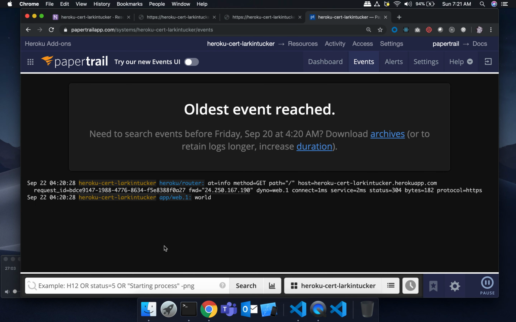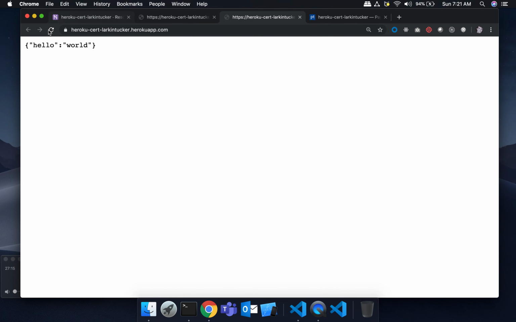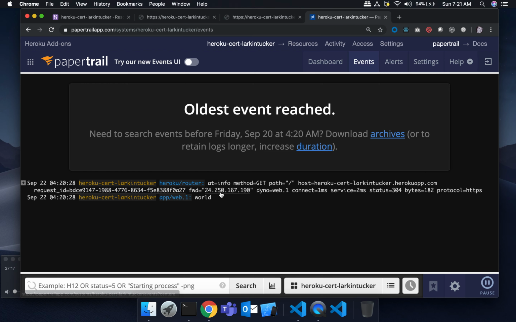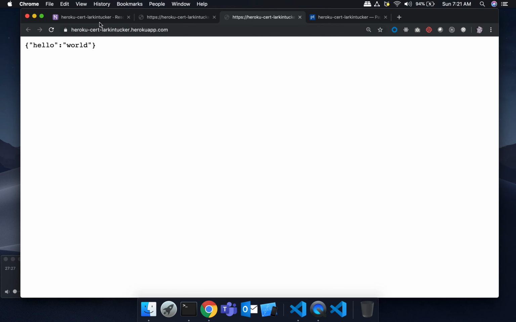Okay, we're back. It took about 5 minutes or so, and I noticed that I'd just been waiting for this thing to start logging. So I just hit refresh on the API. Let me do it again. Right now you see that there's one entry in here. There's a router, just like we saw before, and then we have our web API, which actually output the world log. So let me do another one of these,